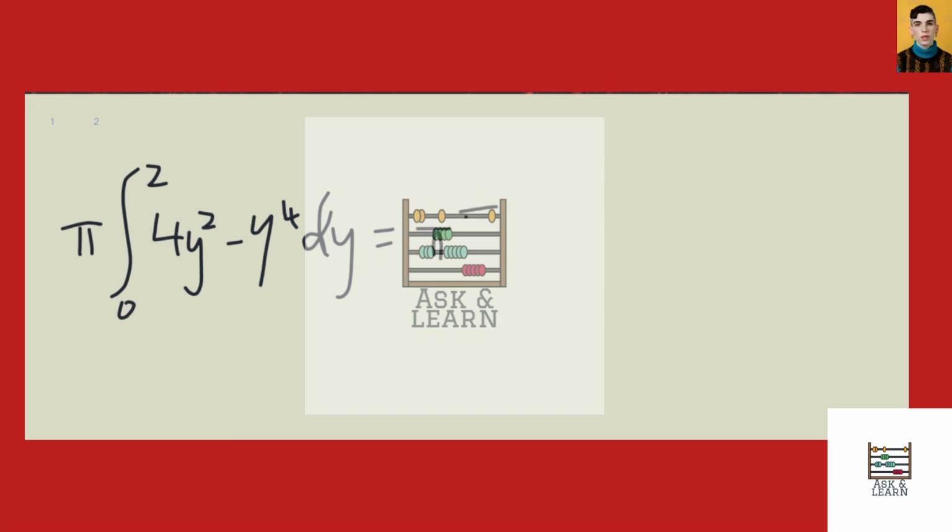We said that this is pi. The antiderivative of 4y squared is just 4 times y cubed over 3, minus y to the fifth over 5. That's the antiderivative of y to the fourth. That is evaluated at 0 and 2. We can plug this in. We get